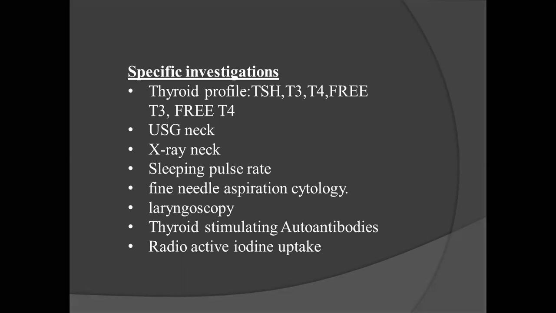You remove both lobes of the thyroid gland with the isthmus, leaving behind a sleeve of thyroid tissue in the tracheoesophageal groove. They will say 1/4, 1/6, all these things are nomenclatures. I leave a sleeve of thyroid tissue in the tracheoesophageal groove just to protect the recurrent laryngeal nerve and the parathyroid gland. Total thyroidectomy is removing the whole gland completely.